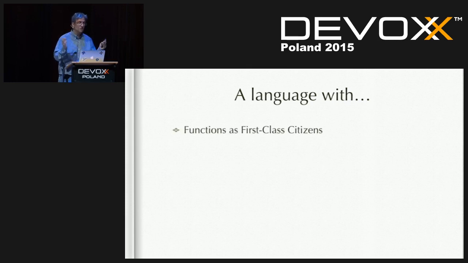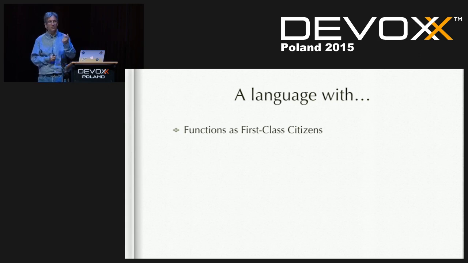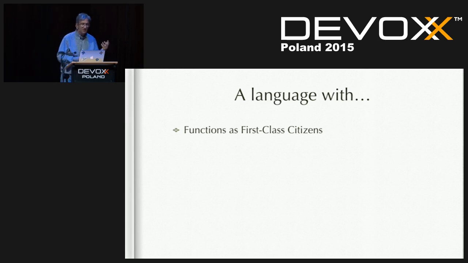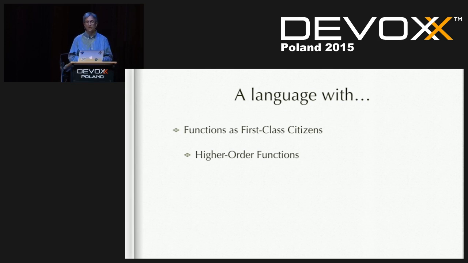It needs to have functions as first-class citizens. Many believe, and I would somewhat as well, that the minimum thing for a language to be functional is to be able to build functions as building blocks. So they should be your primitive building blocks. Therefore, we need to have functions as first-class citizens. What this also means is that we need to have the ability to do higher-order functions. What are higher-order functions? Functions that take functions as parameters, or functions that return functions.